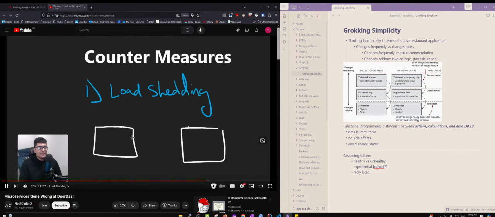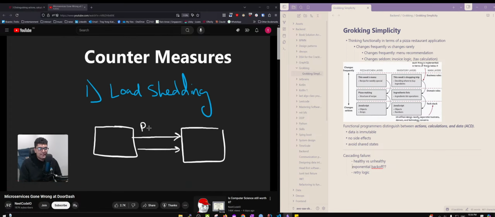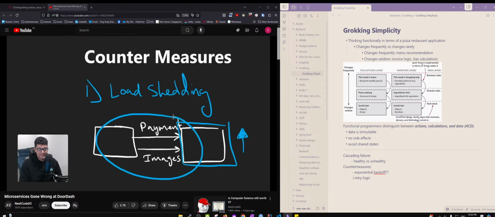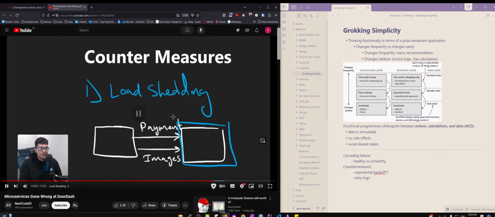Imagine you have a service that talks to another and it makes different kinds of calls. This is going to be a pretty oversimplified example, but imagine one of the types of calls is related to payments, and perhaps another call is related to fetching images. I don't necessarily know that the same service would be responsible for these, but again, this is just an example. Imagine that this service is experiencing an increased load. It can't keep up with all of these requests. What do you think a solution